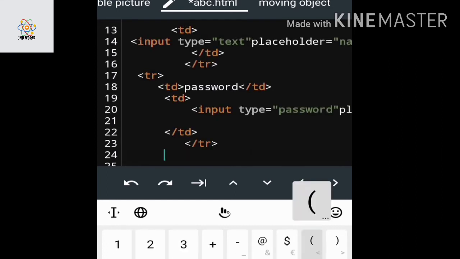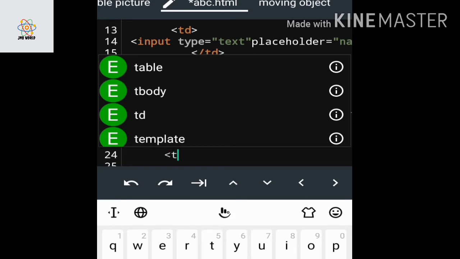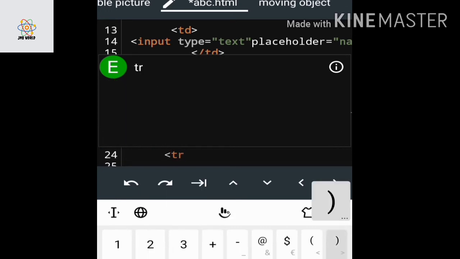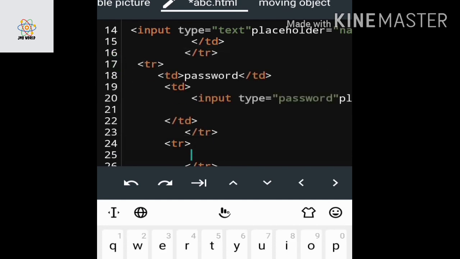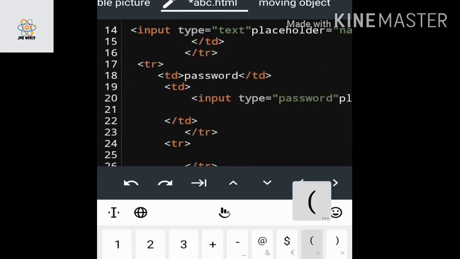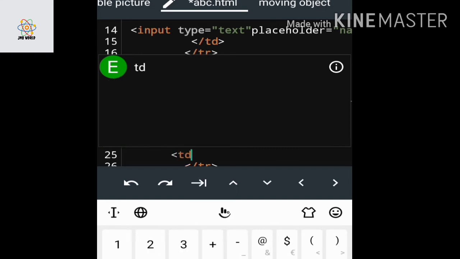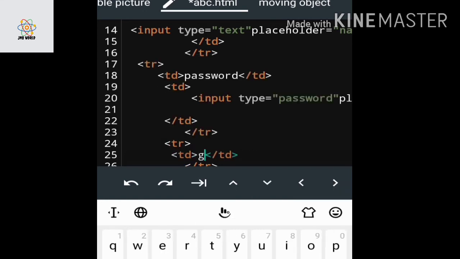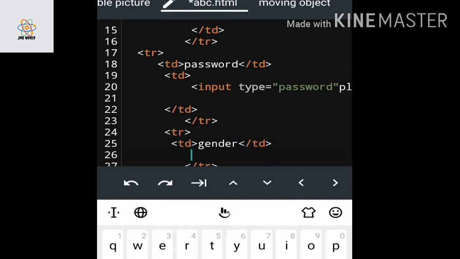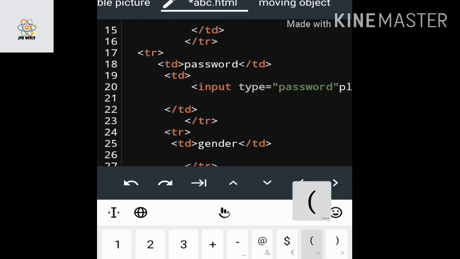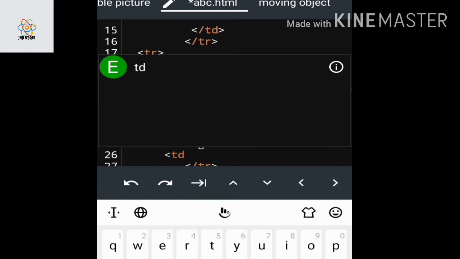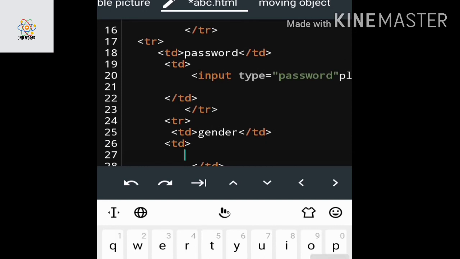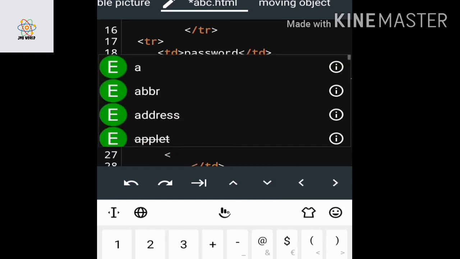Next is my next row for gender. Within the next row I give the td value as gender. Again I take another td here, and within this td again my input type, because here I have to enter the radio button for male and female.